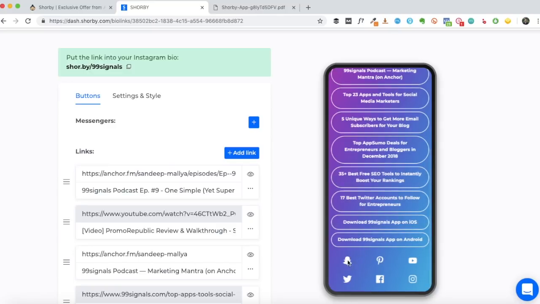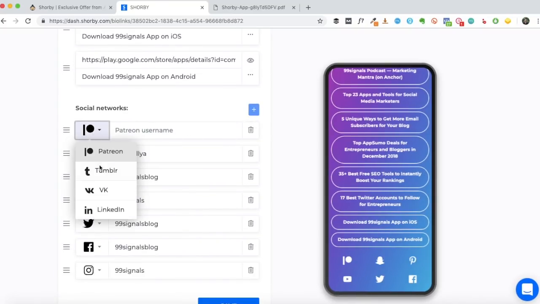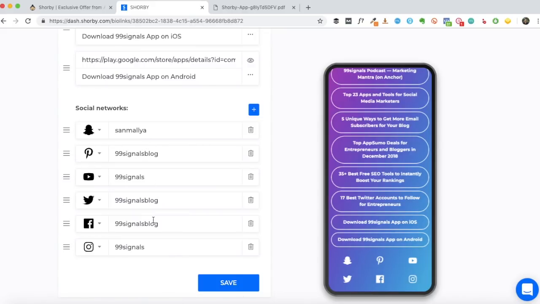And now the final thing, you can see all the social links to social profiles that I've added here. So you can add links to all the major social platforms. You can even add link to your Patreon if you are a Patreon user. With all the social profiles that I've added here, you just have to provide the username.